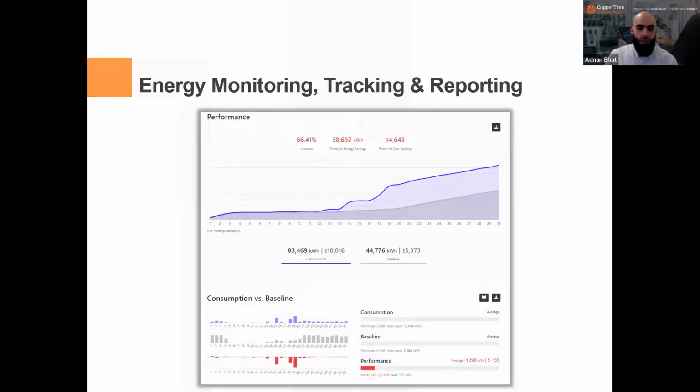Here's another example where cumulative performance over a selected period of time is shown, and this really gives users visibility on how their building's consumption compares to established baselines. It also highlights a day-by-day breakdown where the consumption was worse or better than the baseline, and this type of visualization is a must if a facility desires a more proactive approach to achieving energy savings.